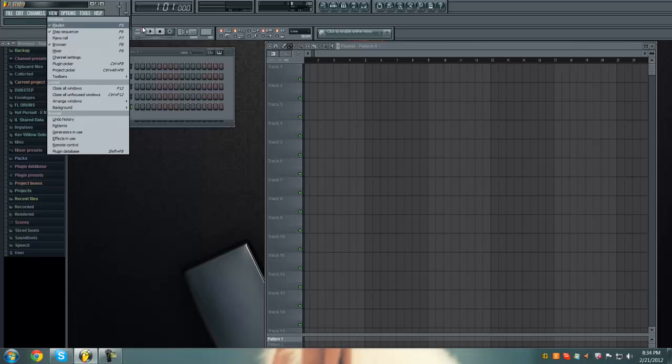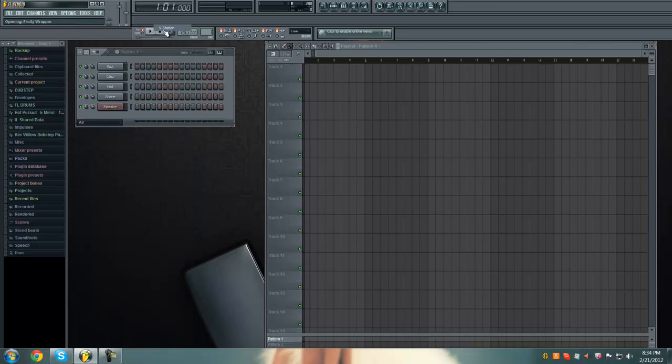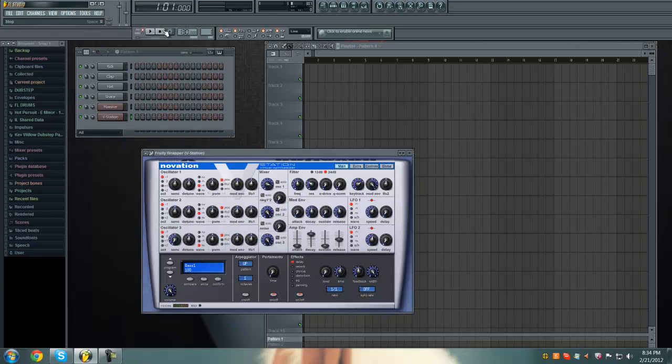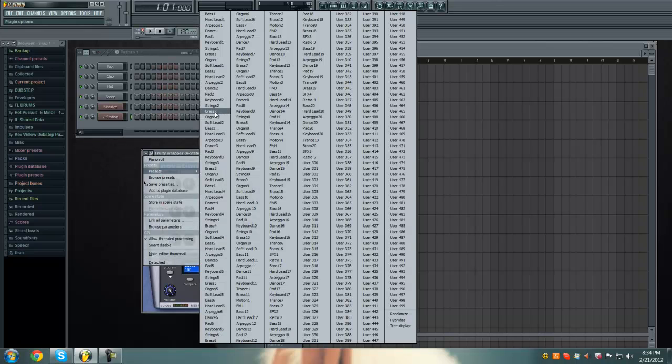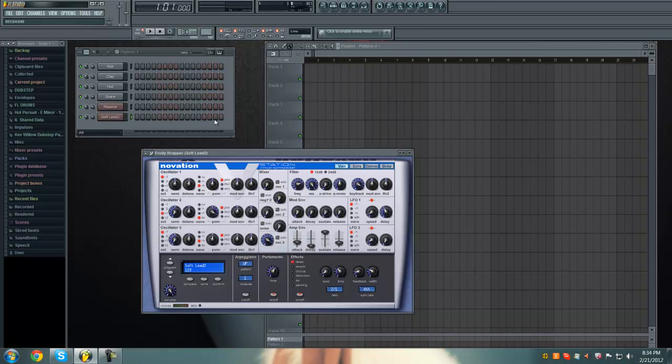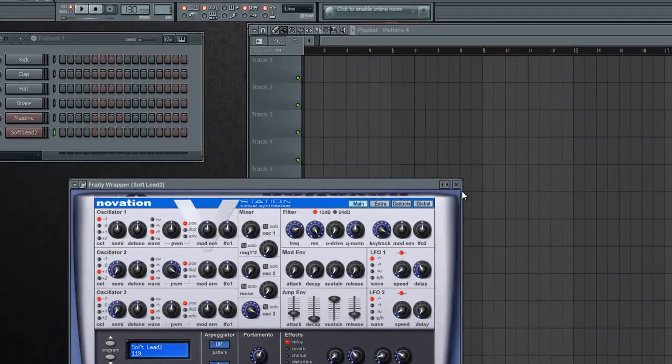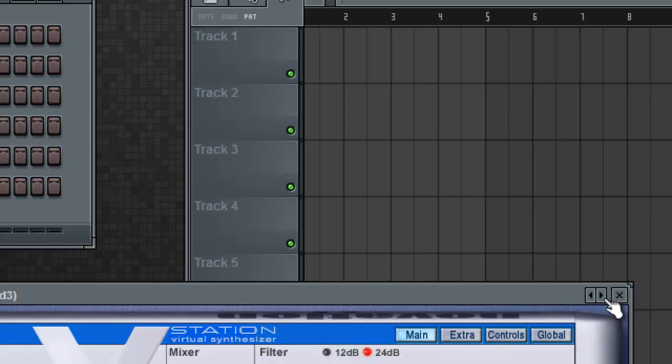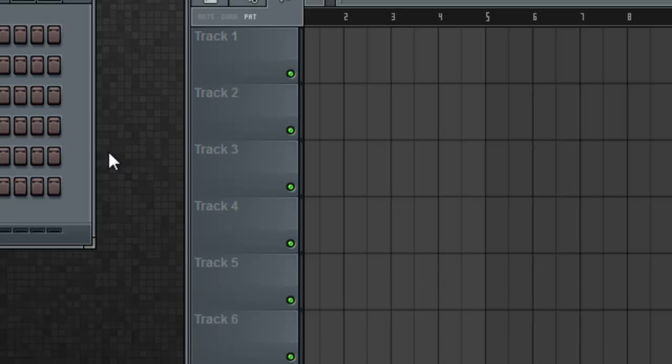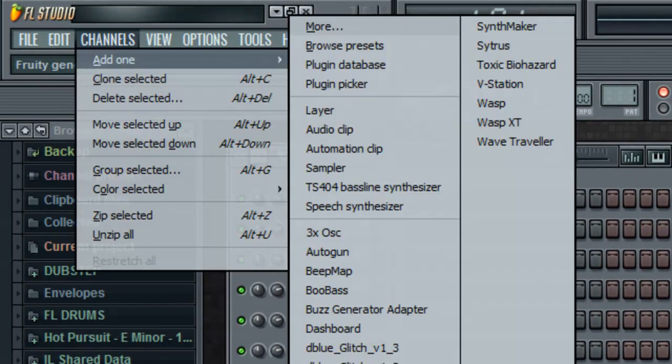Also, we're going to be using V-Station. You don't have to use it. You can also use Citrus. Citrus has a lot of good synths in it, but this has pretty good presets since you don't have to buy this one either. I'm not going to use that synth, but that's good. Okay, and the last thing you'll need, preferably, is